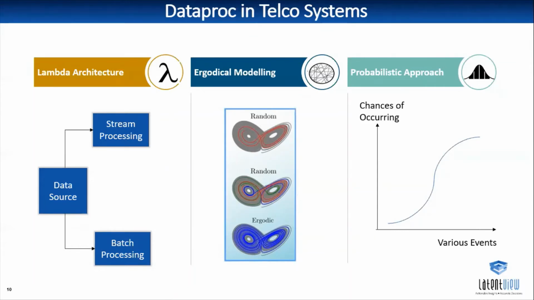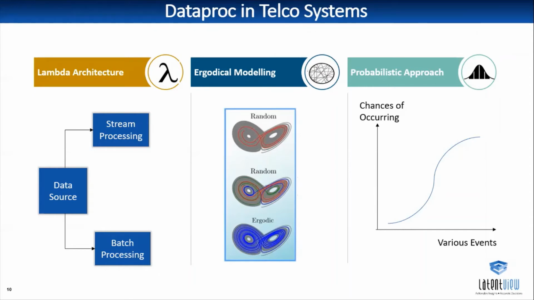So Lambda architecture: generally in every sourcing of data, the processing consists of two steps. The first one is stream processing, and the next one is batch processing. Stream processing is more of real-time processing. When we get data from a source, we process it immediately. So from the source to the receiver, it is processed simultaneously for every data we receive. In batch processing, we process in volumes. We don't process every single data. We set a limit of 10 or 20 MB or 200, something like that. When we get a chunk of data, we process it immediately, and we wait for another chunk of data and process that. So this is Lambda architecture.